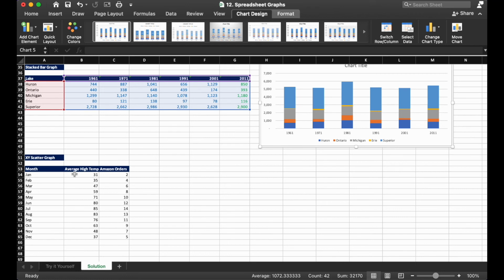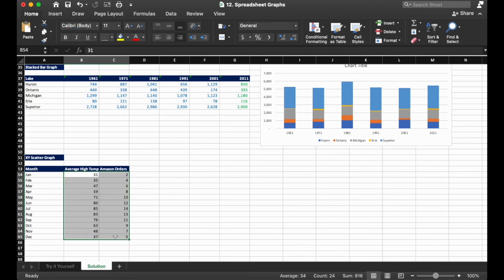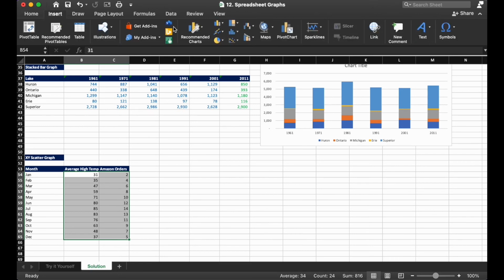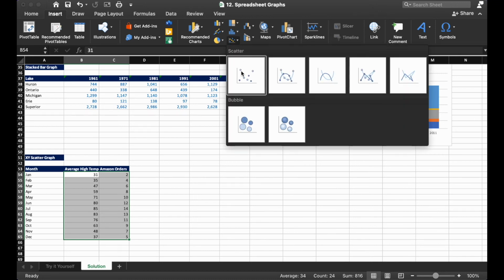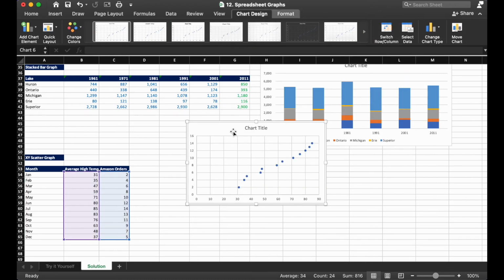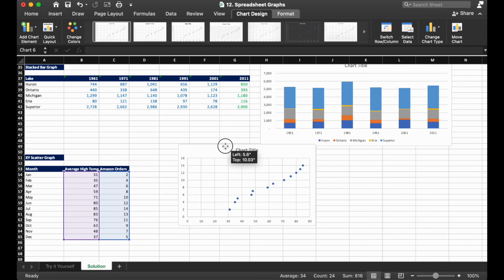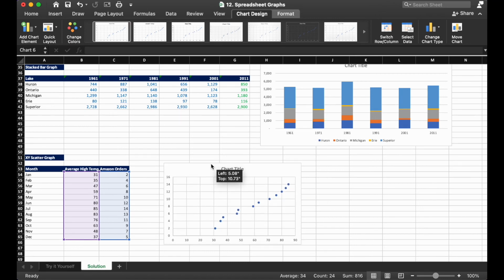So if we select from B54 down to C65, and then go up to the ribbon here, and go to the XY scatter icon, and insert the scatter, this is what our XY scatter looks like.